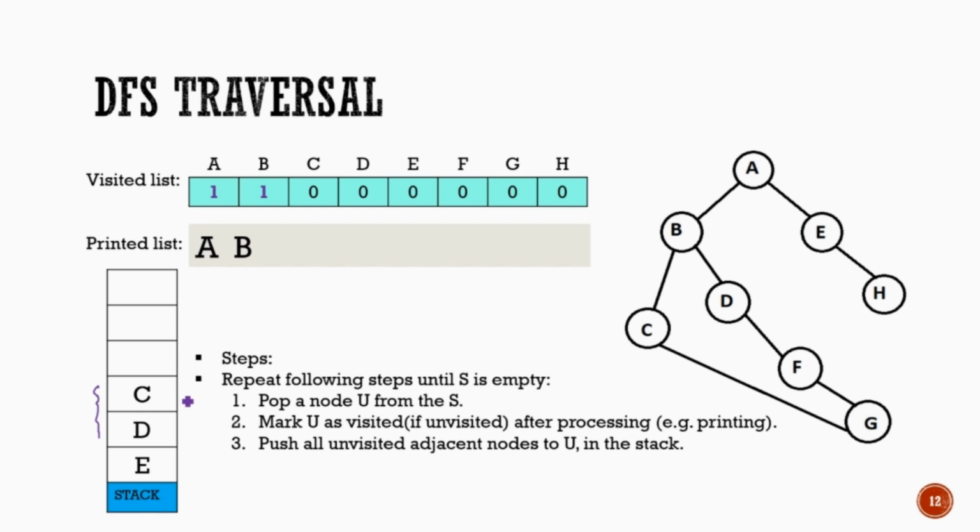Next we pop C from stack and print it and also mark it as visited. So we pop C, mark it as visited, and we look for the adjacent nodes of C. So node G is adjacent to C, and we have discarded the visited node B, which is adjacent to C. Next we take node G from stack and mark it as visited, and unvisited adjacent node F of G is pushed in the stack. Next we take F from stack and print it as well as mark it as visited.